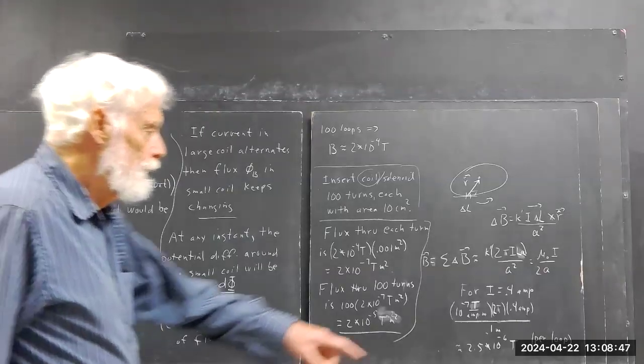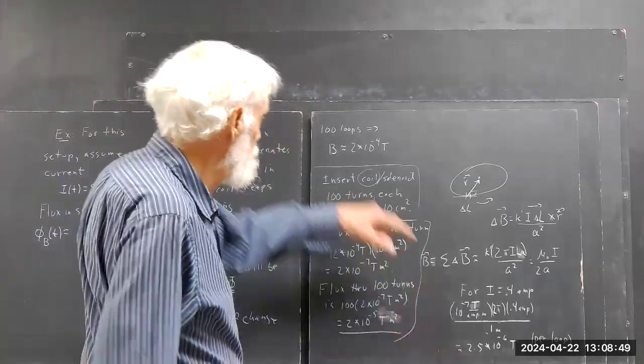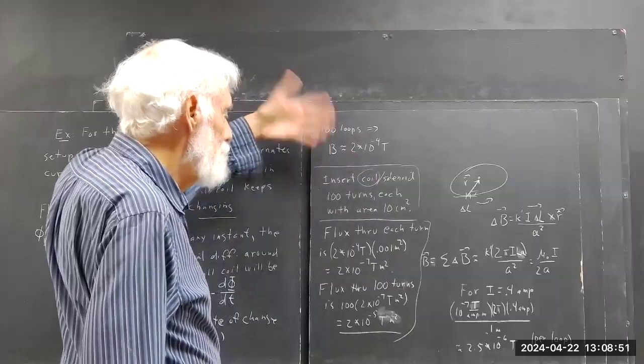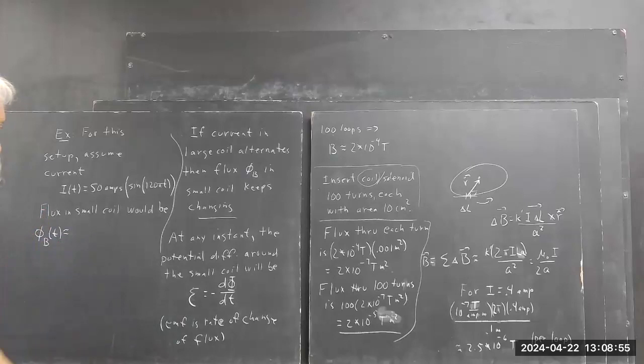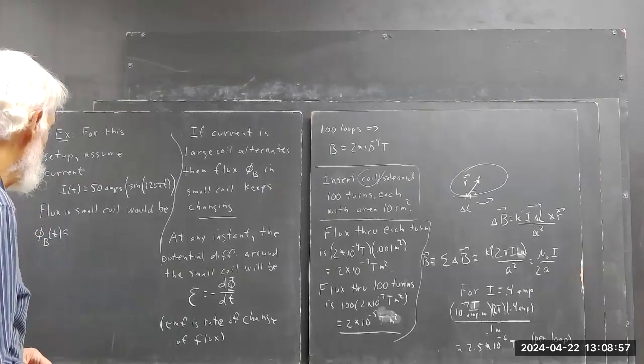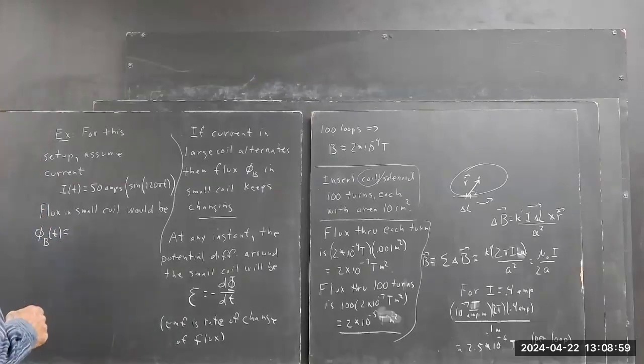Now again, we calculated this for one loop, for 100 loops, we got this, etc. So you can trace that down. The whole point is that phi of t would be